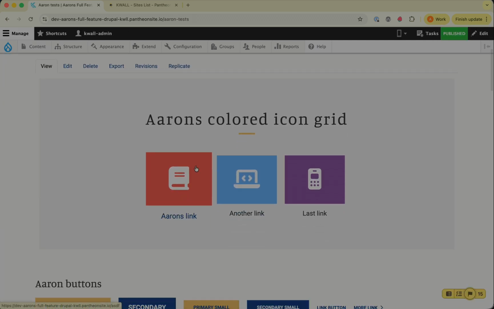And from here, you can see we have our list of gridded icons. The entire icon is clickable based on the link you created. The link text is below the icon, and each icon has the background